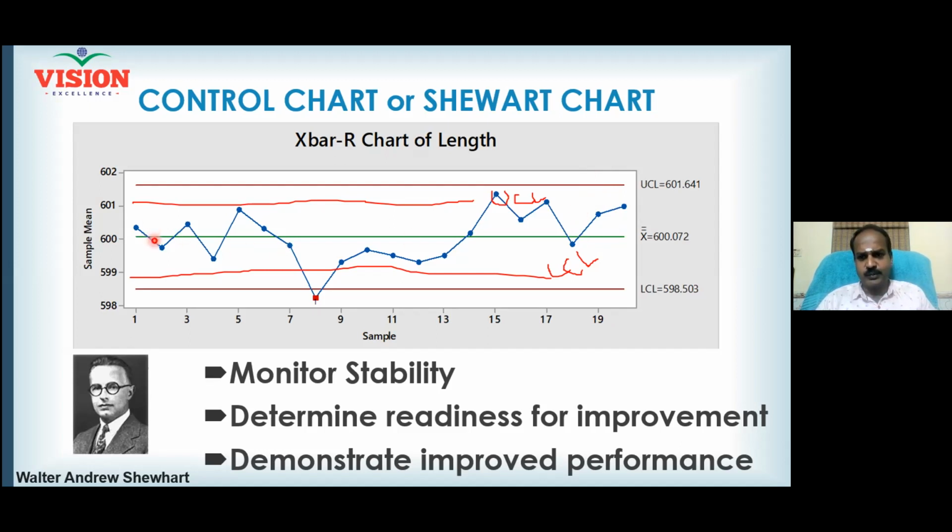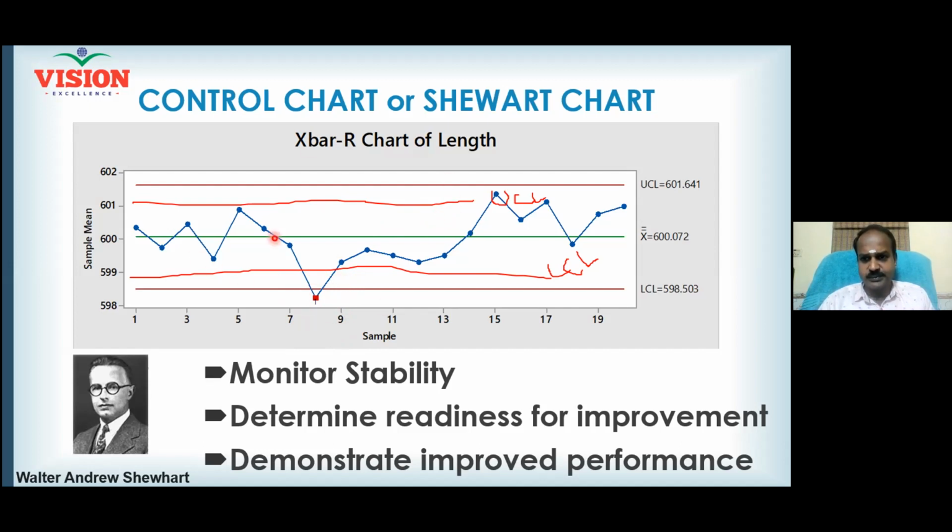If you plot a control chart, if you see all the points falling inside the control limit, you can understand your process is statistically in control. You can understand your process is stable. But if the points are outside the control limit, see here one of the points is outside the control limit. So now you can't say your process is stable. You can't say your process is in statistical control. If the process is not in statistical control, you can't improve it easily. Even if you try to improve it, your resources will be wasted. So it is very important before improving any process, you achieve the statistical control, you achieve the stability.